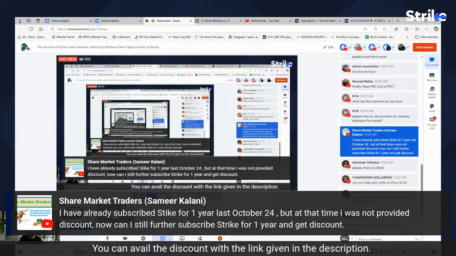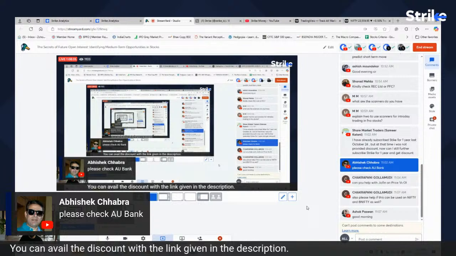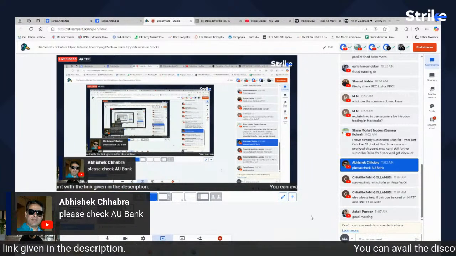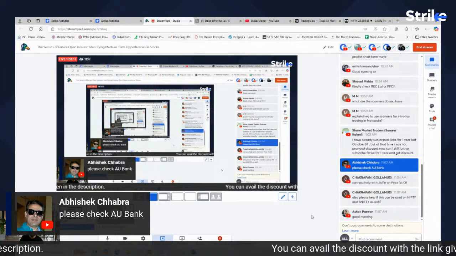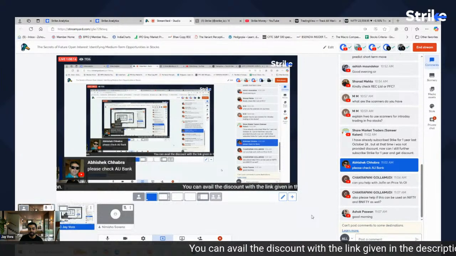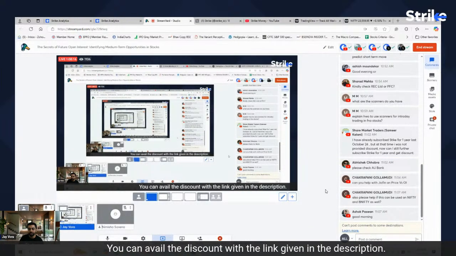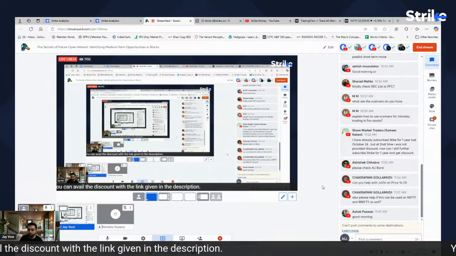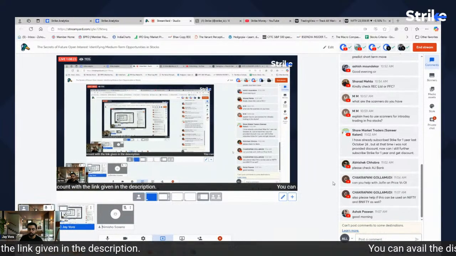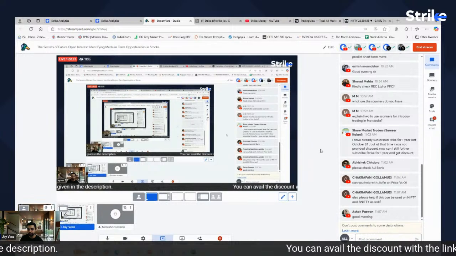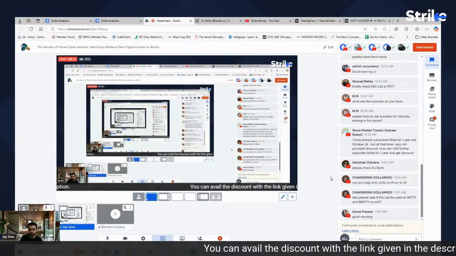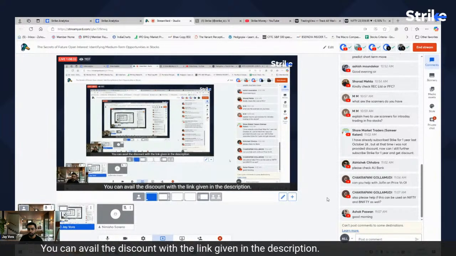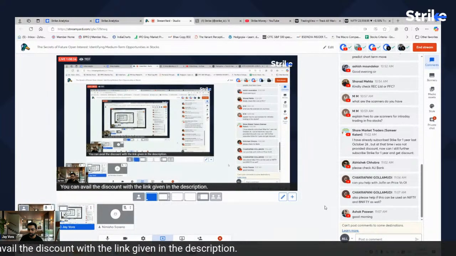Abhishek Chabra, as I mentioned to you, I don't want to discuss stocks because there are a lot of regulations that we deal with right now. If you have any issue with the concept in understanding, then I'm happy to answer it, but I won't be able to discuss the stocks. I honestly gave enough examples for you to understand the concept. So if there are any issues in understanding the concept, please let me know. I am happy to clarify it.